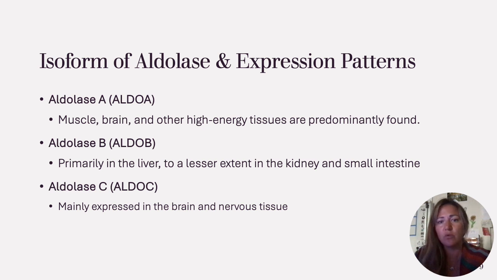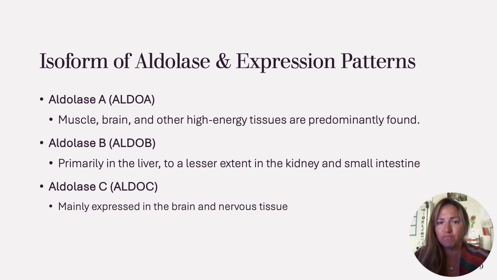In the liver, it plays a role in fructose metabolism, particularly in the cleavage of fructose 1-phosphate, and is an essential step in converting dietary fructose into intermediates that can be used in energy production or storage of glycogen, which, as we discussed before, during a fast or during starvation is where we get our glucose energy from. Full circle. And then we have aldolase C, which is mainly expressed in the brain and in